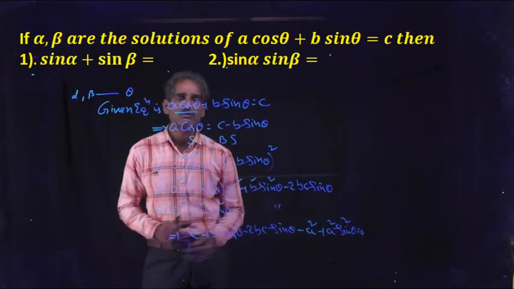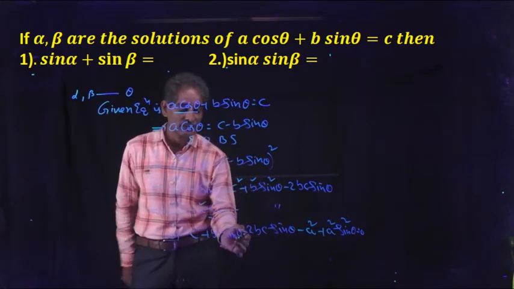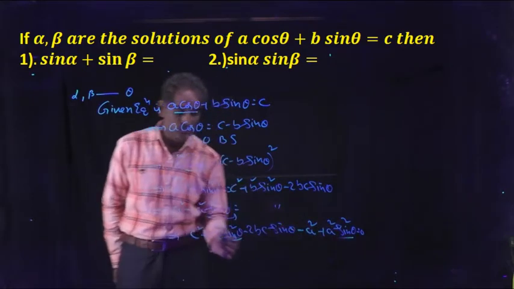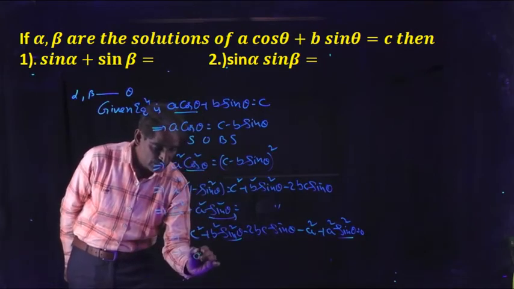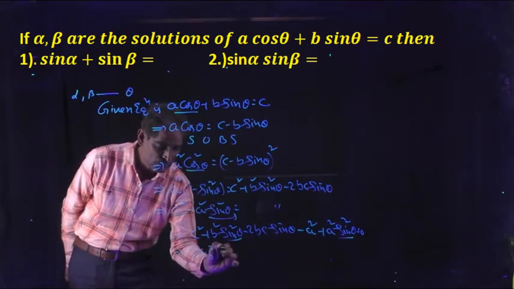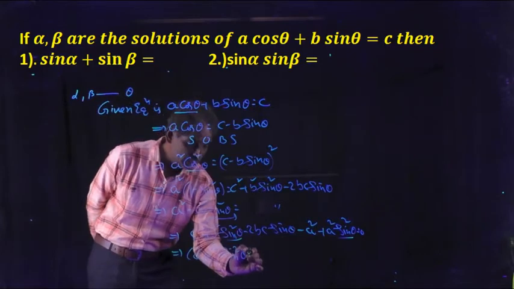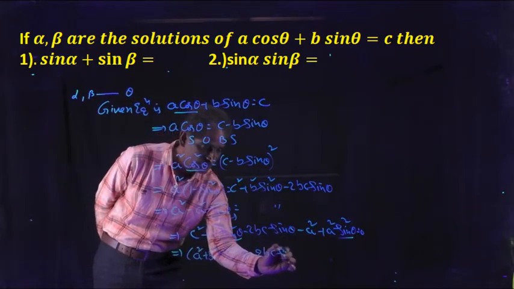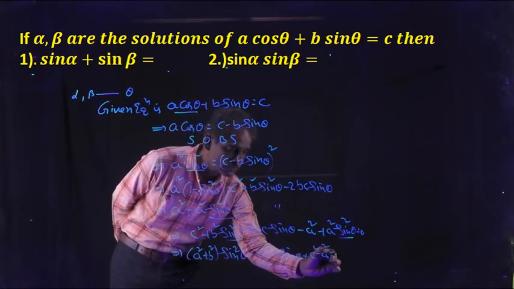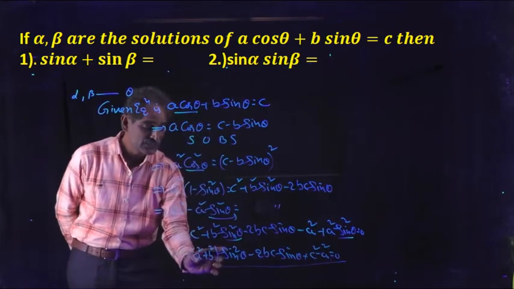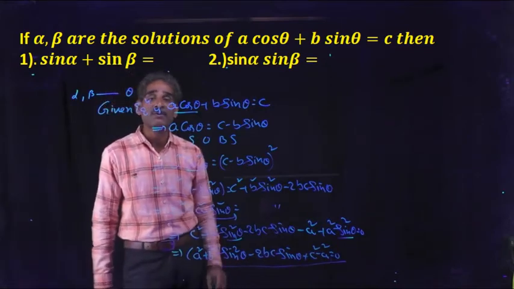Now change this equation into something into x square plus something into x plus something form. That is the quadratic form. Here in place of x there is the sine function. So take sin square theta common from these two terms. We will get (a square plus b square) into sin square theta. Next, the first degree term is 2bc sin theta. The constant term is c square minus a square is equal to 0. Clearly this is in the form of ax square plus bx plus c. It is a quadratic equation in terms of sin theta.